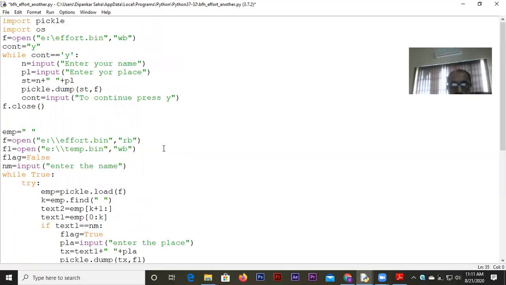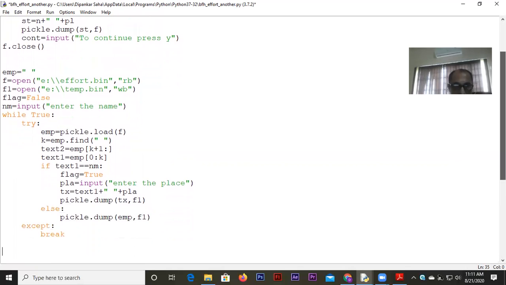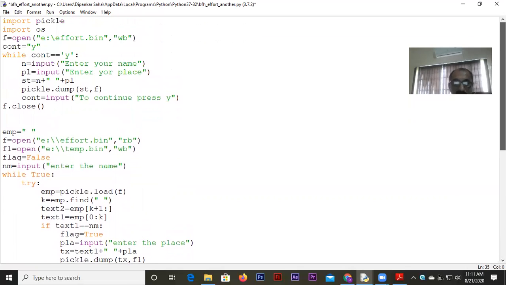I will send you the code also. What you can do is write a similar kind of program using this to delete a particular record. Like name and place, name and place, name and place, this is how the records are arranged. And I do not want a particular person, say Nitin, his record should not be there.